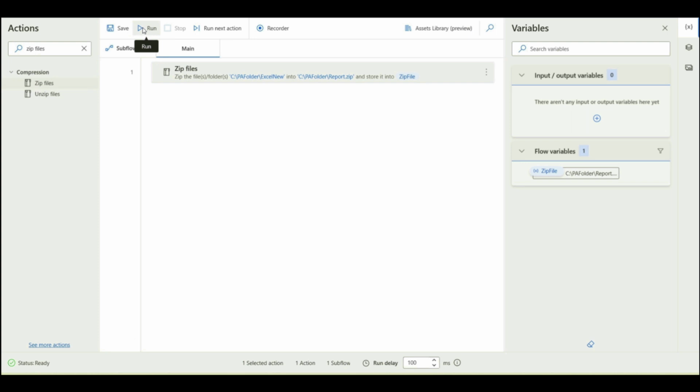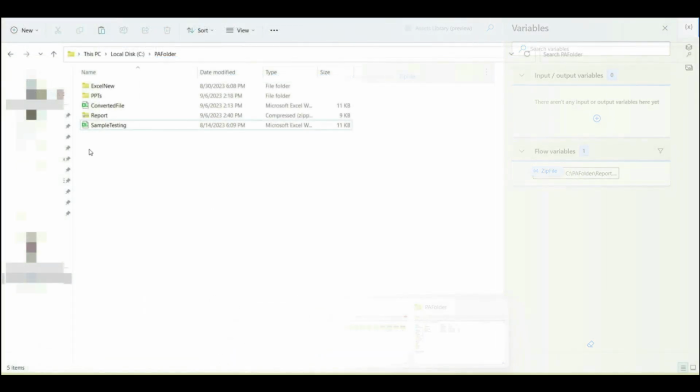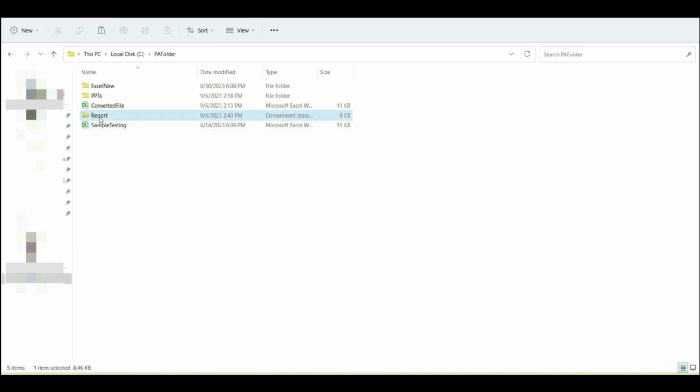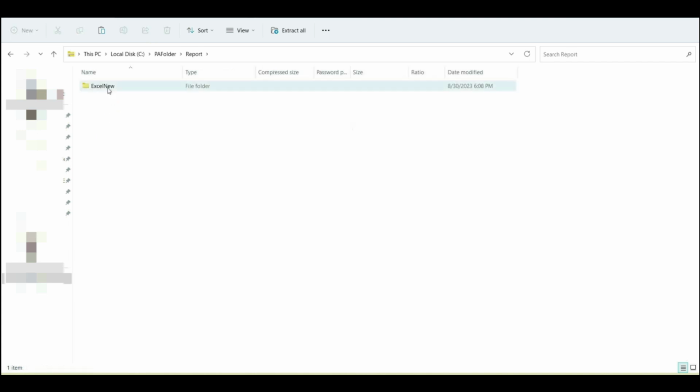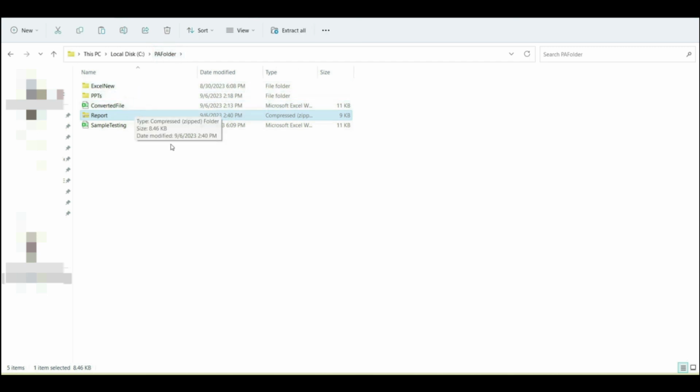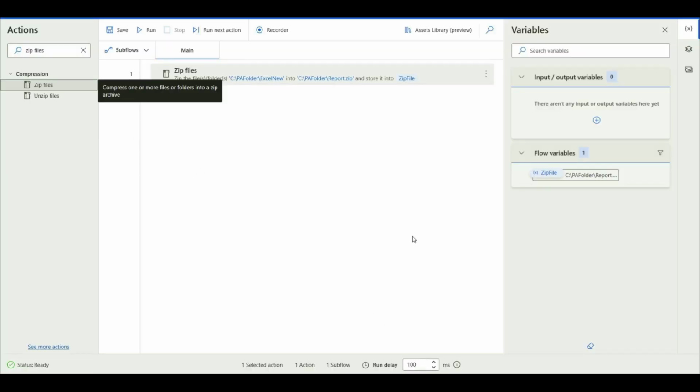So the flow execution is complete. Let's check our folder. As you can see, a zip folder has been created in the name of report. If I open this, we have the Excel new folder, which we archived. Now let's see how we can unzip this archive folder. We can do so by using